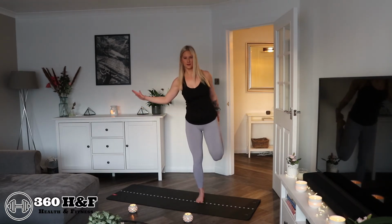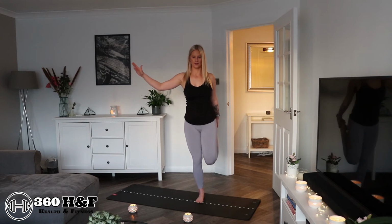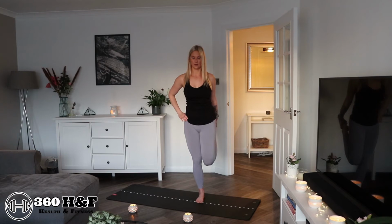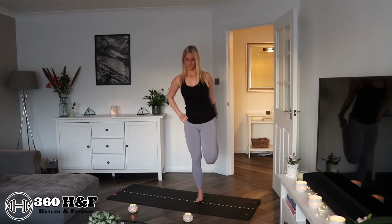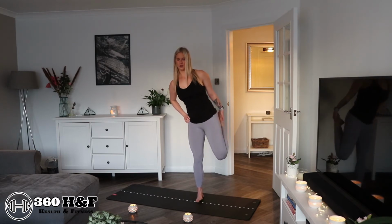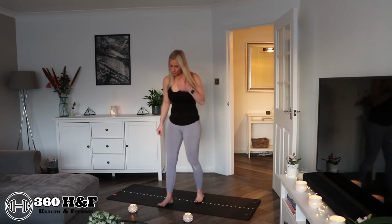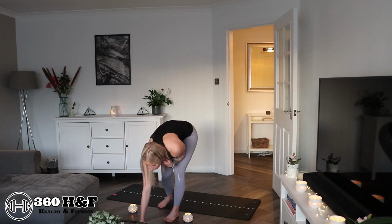Find your balance again. Pull your heel in towards your bum. Push your hips forward, okay? You'll feel a bigger stretch. Good, excellent. Right, give your legs a bit of a shake. We are going to move into